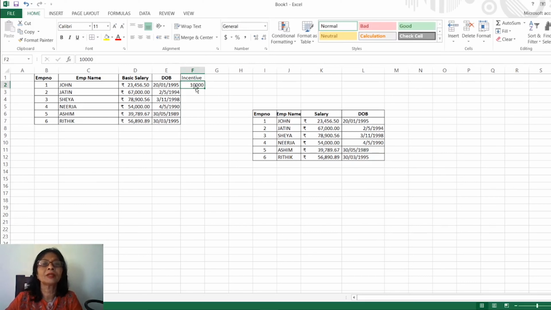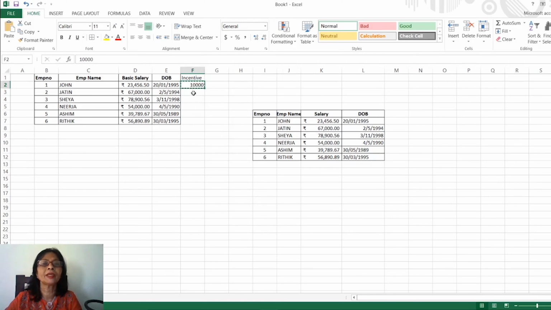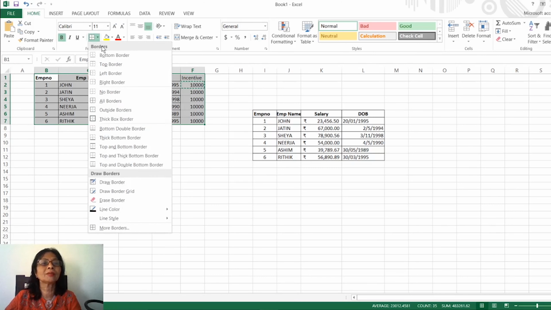This 10,000 value is the same for all the employees, so we only need to copy it and paste it by pressing Ctrl V, and make this one also with the border.